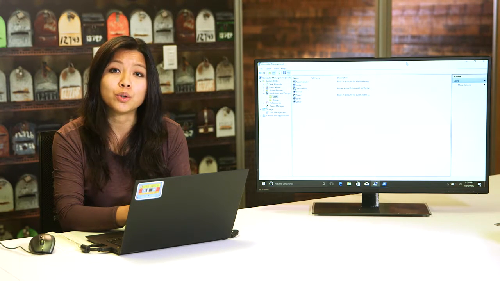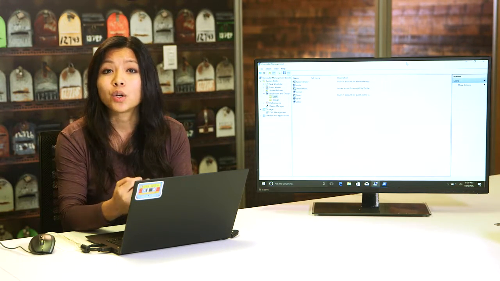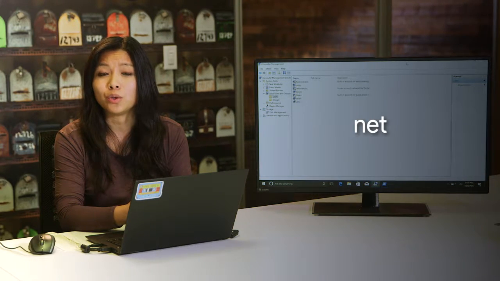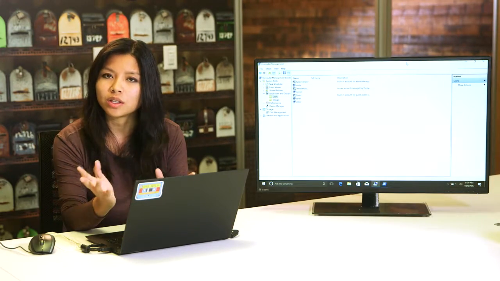Adding and removing local user accounts from the CLI is going to use the same net command that we use to change passwords, just with different parameters. Like before, there's a native PowerShell command, New-LocalUser, that requires a little bit of scripting to use. If you want to use New-LocalUser, check out the supplemental reading.